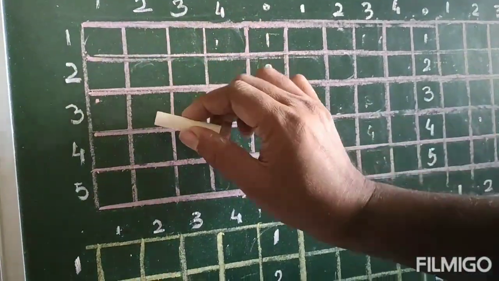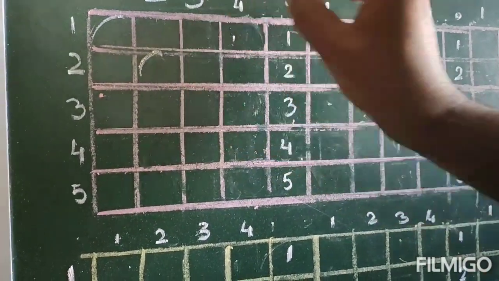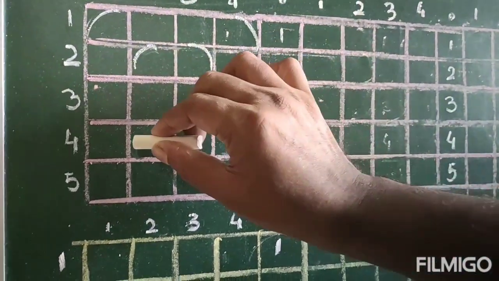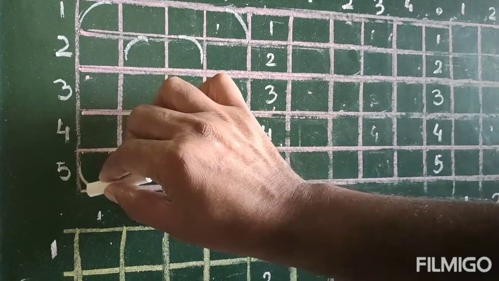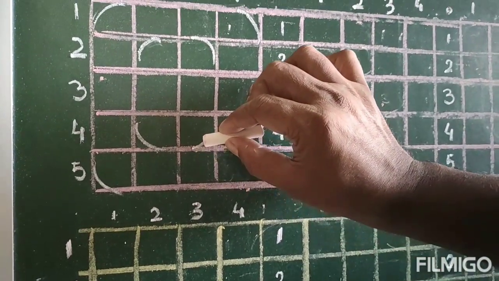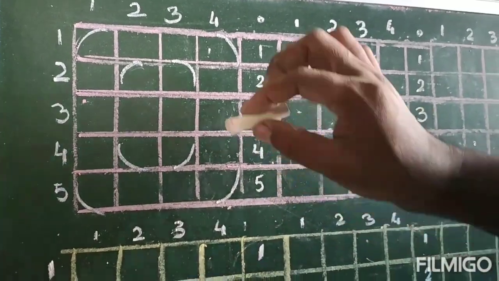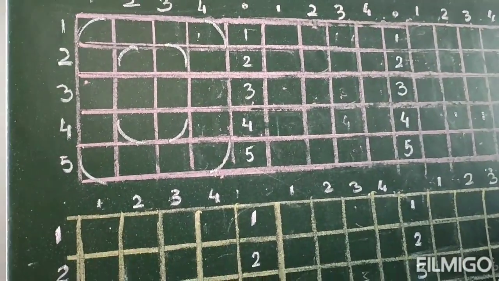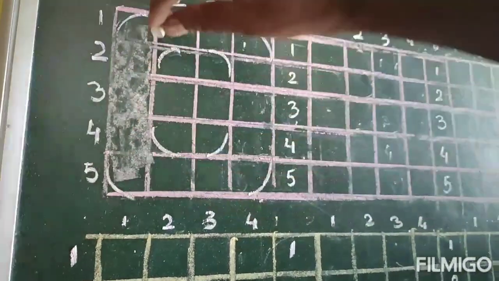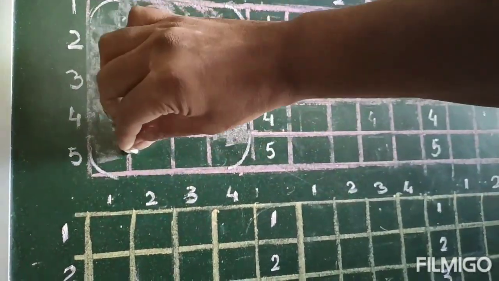O. To make O, just turn these 1 by 1 and 2 by 2 boxes, followed by 4 by 1 and 3 by 2. Just down 1 by 5 and 2 by 4, then 3 by 4 is to 5 by 4, right? It becomes O. Now the shading part, we'll just do the shading in these particular boxes. It will be capital O, easy.